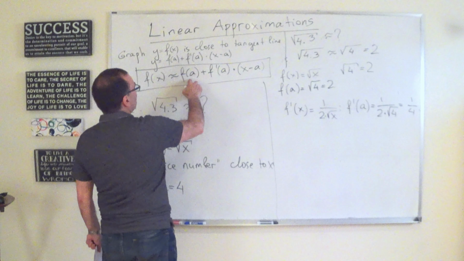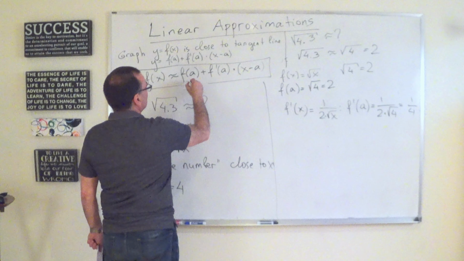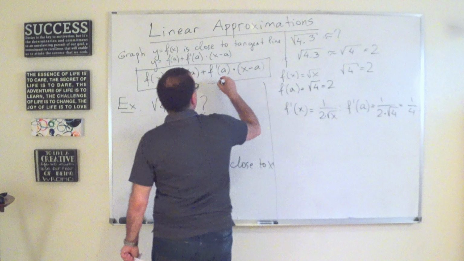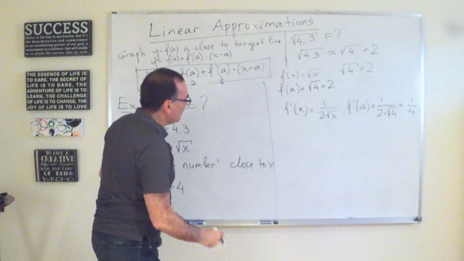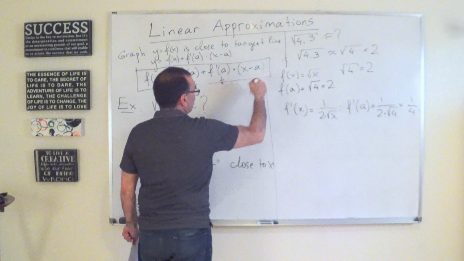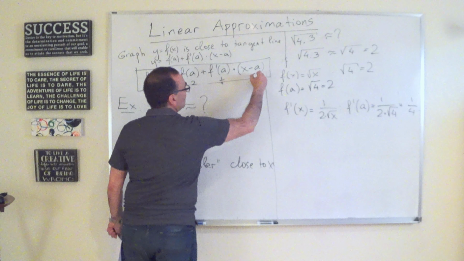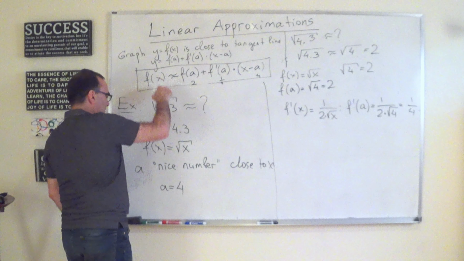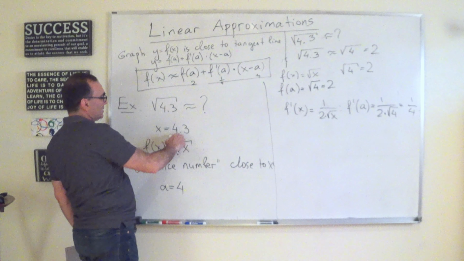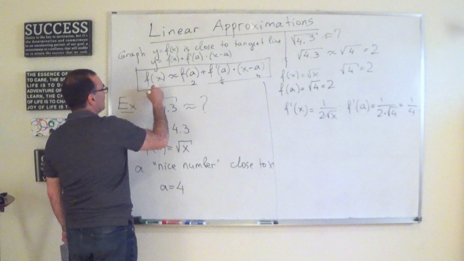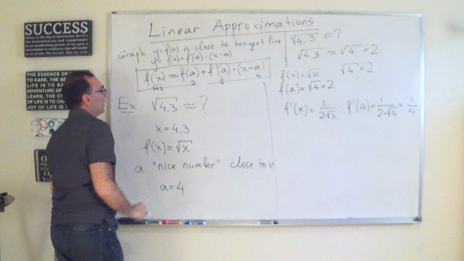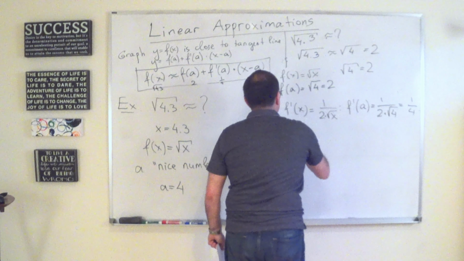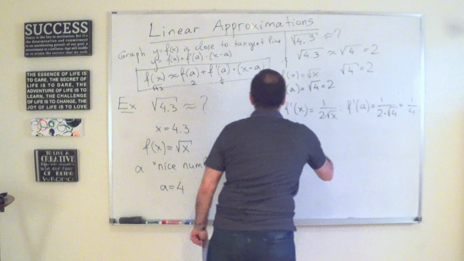So I have determined f of a, which happens to be 2. I have determined f prime of a, which happens to be 1/4. And a itself we have determined is 4. So we basically have determined everything. f of x is square root of x, but since x is 4.3, f of x is square root of 4.3. It's precisely the given expression. So just putting it all together, we get square root of 4.3 is approximately equal to